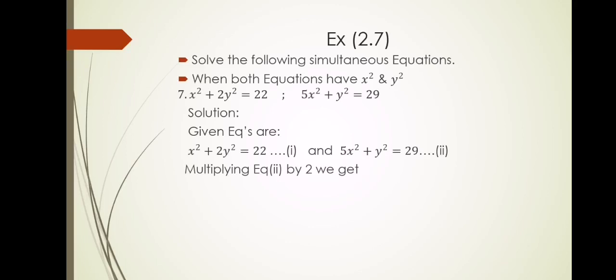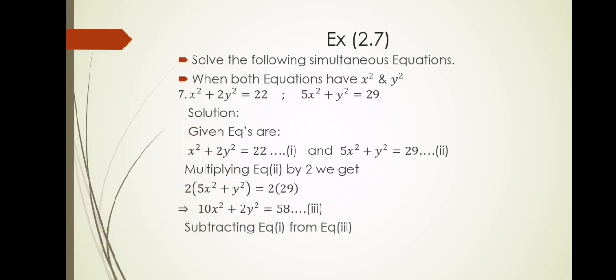We will multiply equation 2 by 2. We get 10x square plus 2y square is equal to 58. Now equation number 3 has 2y square and equation number 1 also has 2y square. So if we subtract both the equations, y will be eliminated and we can easily find out the value of x square. So subtracting equation number 1 from equation number 3,